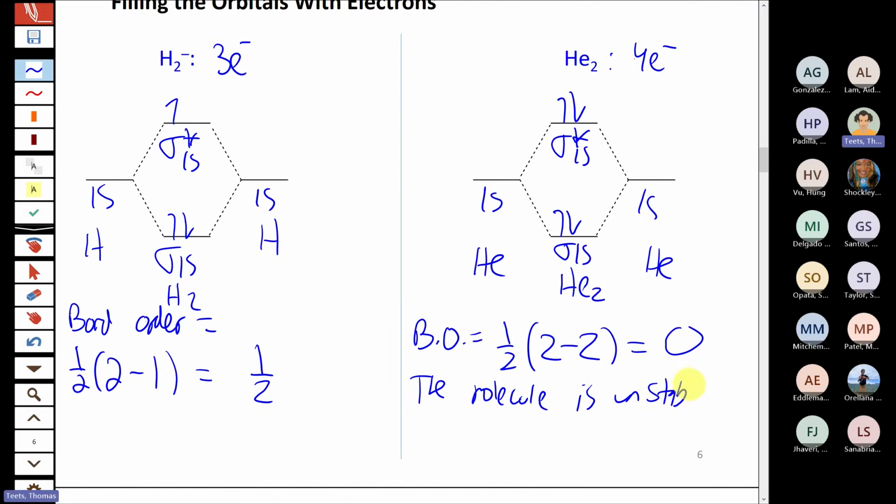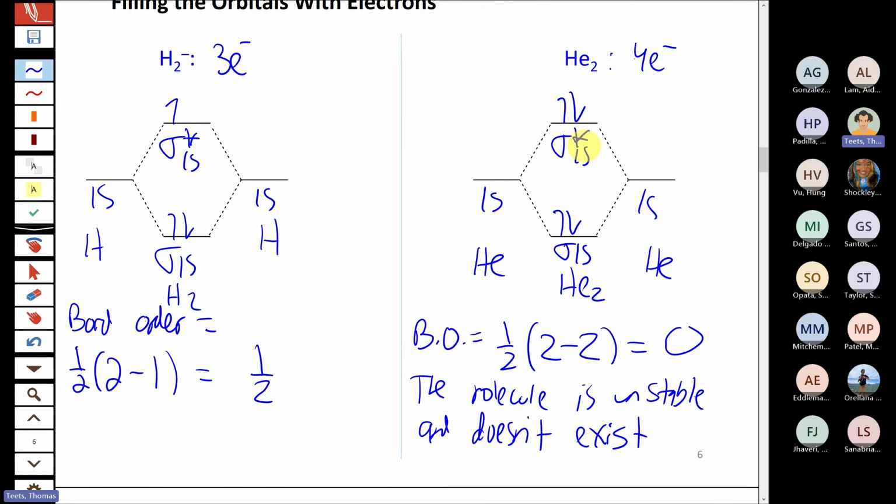So if you predict a bond order of 0, which is what would be the case for any of the noble gases, that's another way of saying that the molecule doesn't exist. We maybe already have some idea of that for noble gases, that they don't bond to each other, and this is why. When 2 noble gases come together and try to bond, you end up filling both the bonding and the antibonding orbital, so there's no net bond, which means the molecule just doesn't exist as He2. It just falls apart into He atoms as it normally would be. So that helps rationalize why we don't see dihelium as a stable molecule anywhere, really.